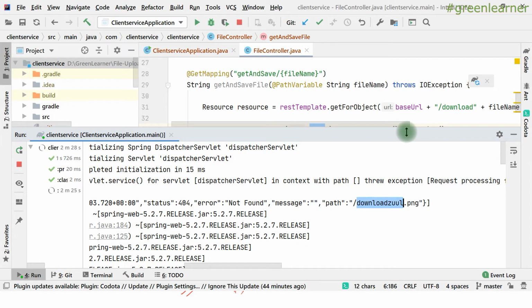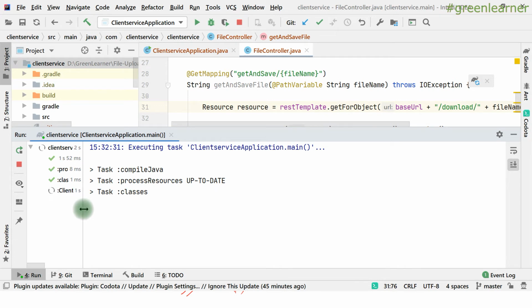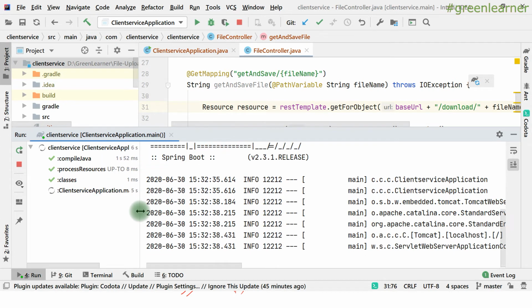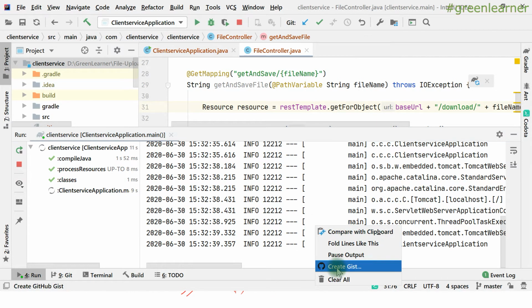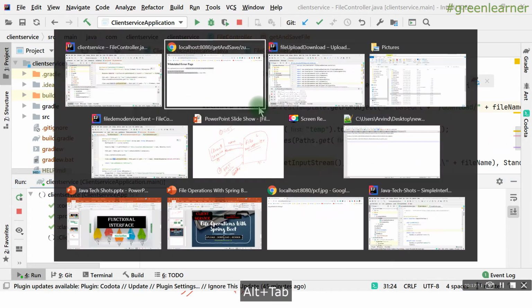download. So there is a problem in the path, right? So it is saying that this path is not found. We have come to this point, but here this path is incorrect because we forgot to put this line, this one, right? Close it and start it. So as I always say, the errors are a good thing to look into each line that you are doing, right? So it helps you understanding. If you get an error at any point, you are never going to forget what that line is doing.